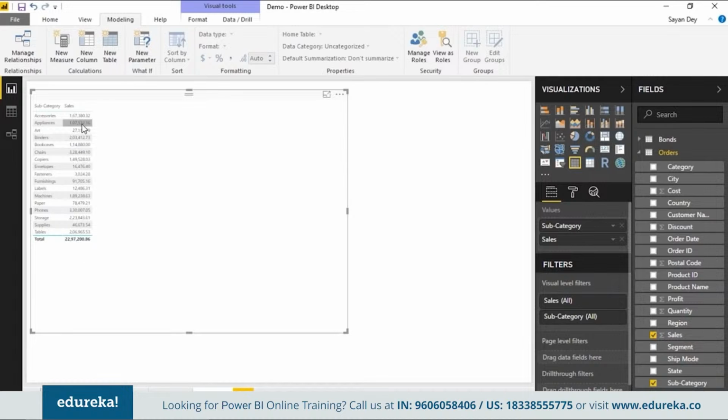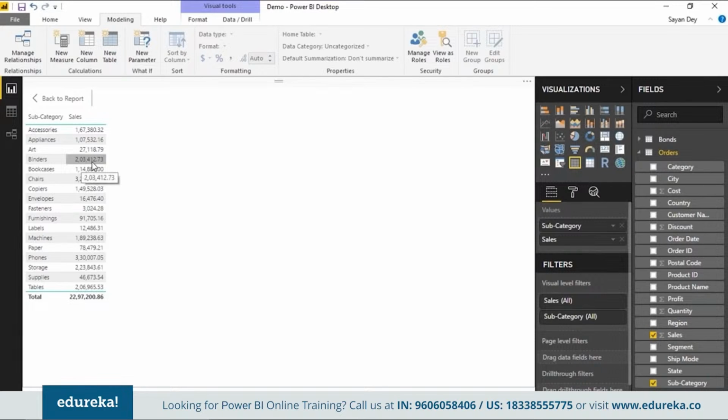So you will take 107532, you will divide by this. Okay, just to expand it, go to the focus mode. Now I hope you can see the numbers correctly now. So 203412.73 divided by 2297. So you're dividing each of the row values by the total at every step of the process, right? To calculate the percentage. Okay, and that is something you can do using the calculate function.